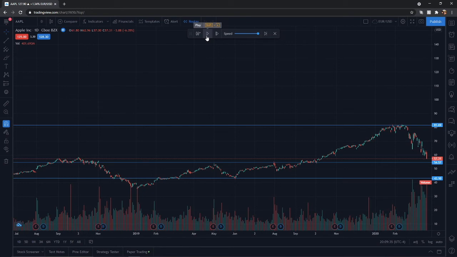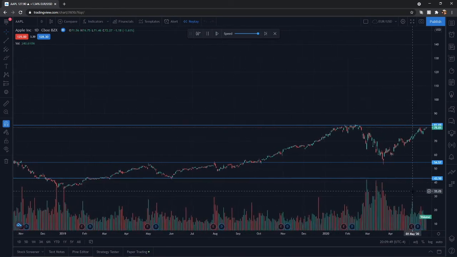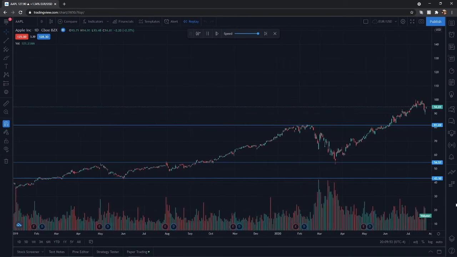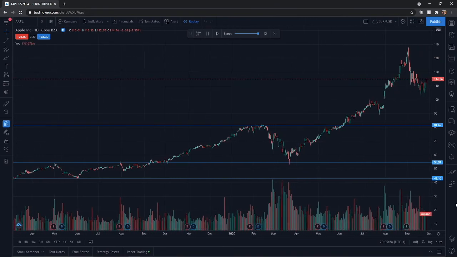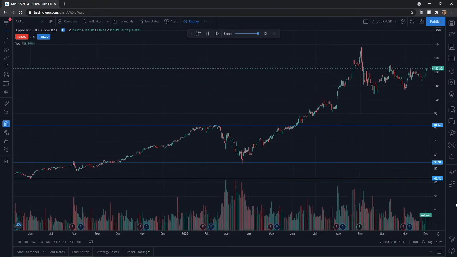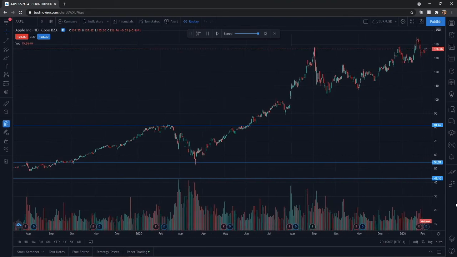Now this is going to just go forward. It's of course a faster pace. It's not going to take us a whole day to look at this, but once I click play, you'll see how the price action gets delivered on the chart. So you see it moving. So that is every day in the past year, essentially, of what Apple has done in the markets. And as you can tell, it's an incredible stock. It has a lot of strength. It already almost doubled. I mean, just look at it go to the moon, as they say.